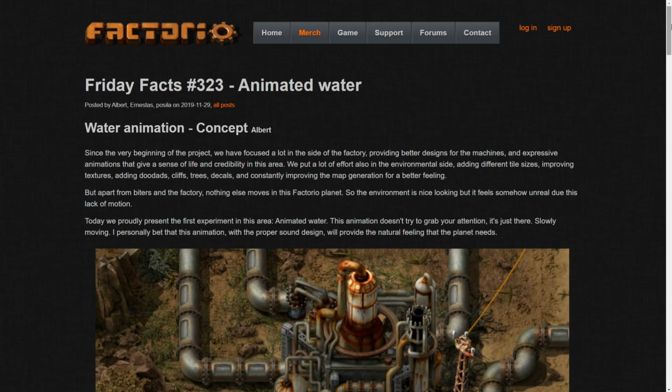Okay, so starting off, basically since the very beginning of the project, we have focused a lot on the side of the factory, providing better designs for machines and expressive animations that give a sense of life and credibility to this area. We put a lot of effort also into the environment side, adding different tile sizes, improving textures, adding doodads, cliffs, trees, decals, and constantly improving the map generation for a better feeling. But basically, apart from biters in the factory, nothing else moves. So the environment is nice to look at, but somehow unreal due to the lack of motion,